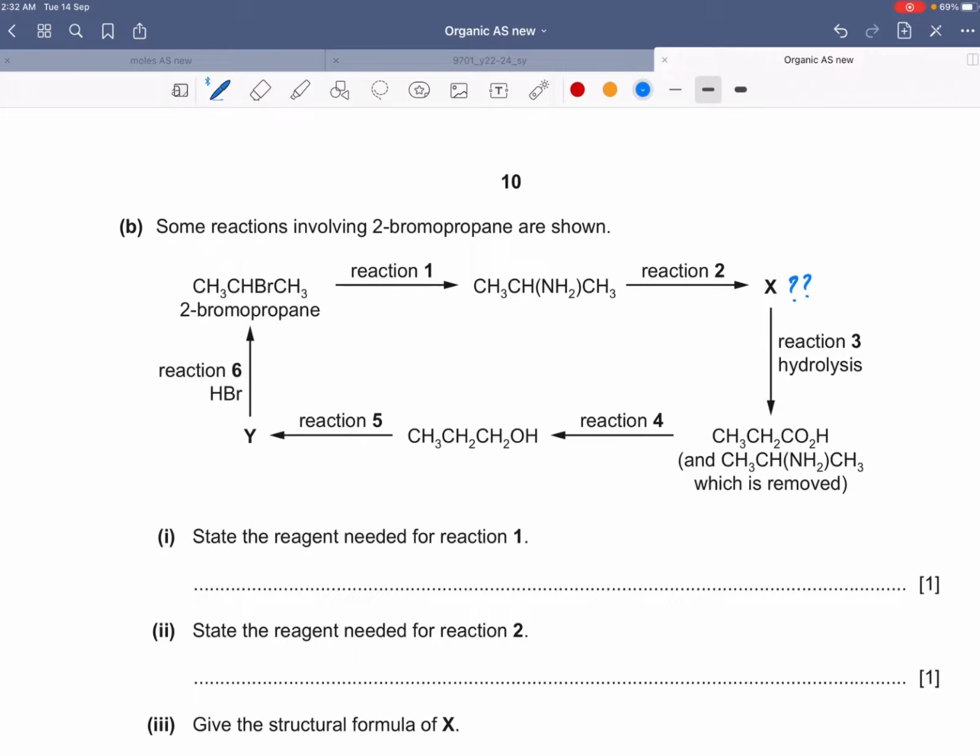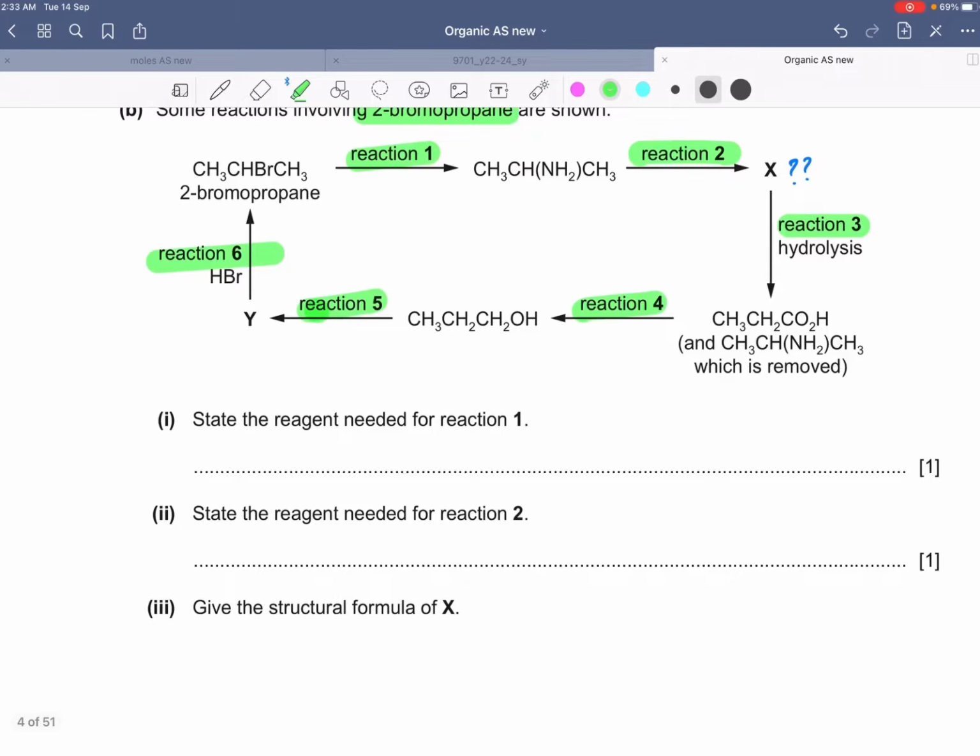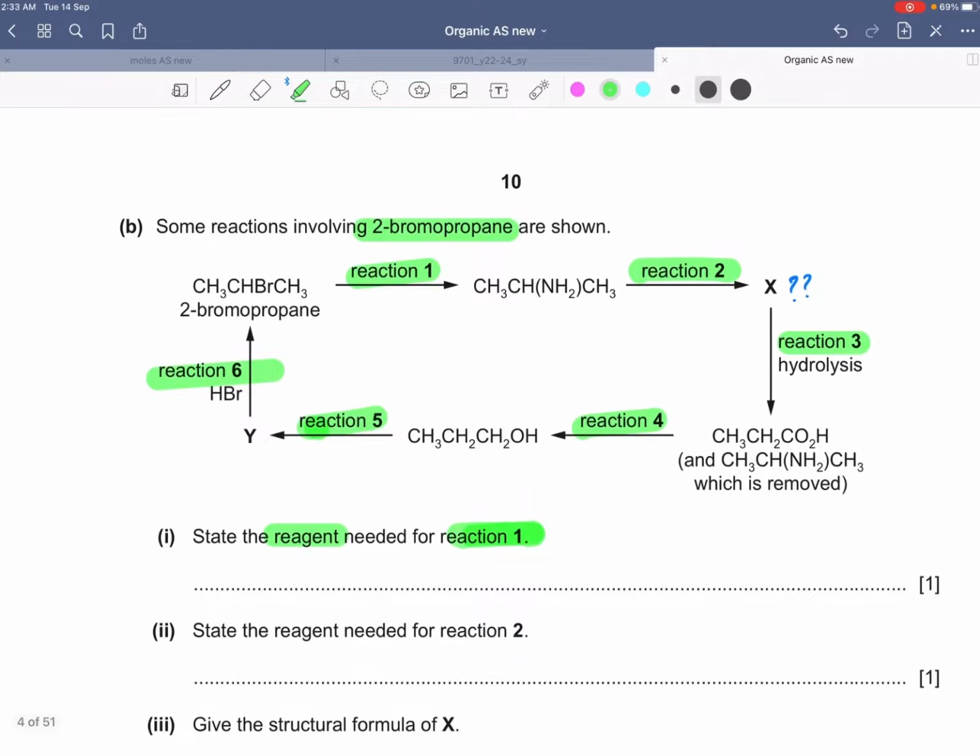They're saying that in this question, some reactions involving 2-bromopropane are shown. So there are some reactions: reaction 1, reaction 2, reaction 3, 4, 5, and 6. Total 6 reactions. State the reagent needed for reaction 1. So we have to find out what is happening in reaction 1. As you can see, in reaction 1, 2-bromopropane is being converted into